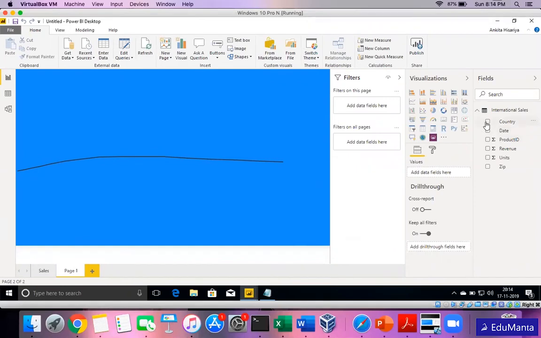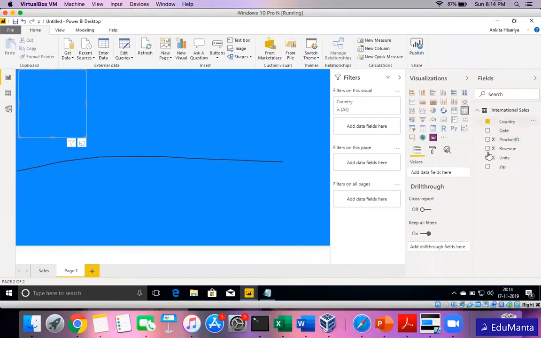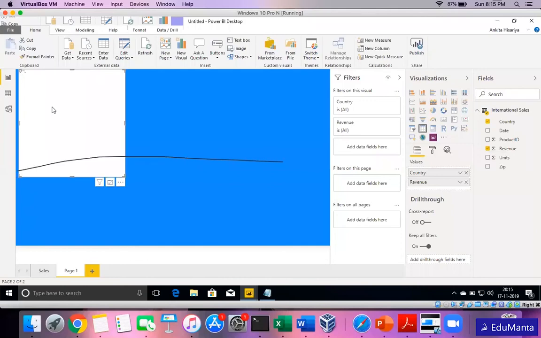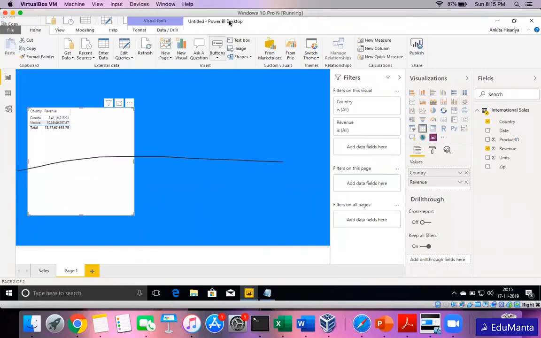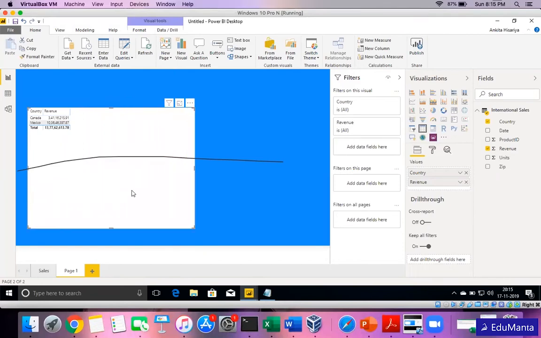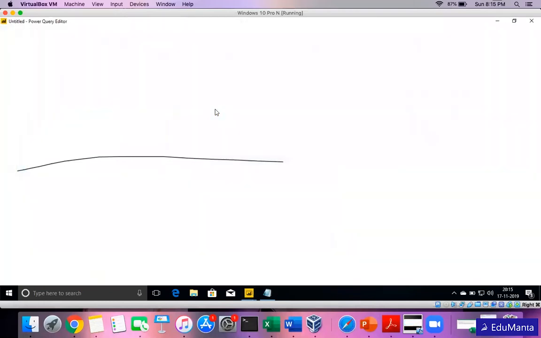So you see here, now if I select country and revenue, I have Canada and Mexico data together in the report because I have combined this. So this is one process of combining files, which is append queries. And this is if I have 1 or 2 files and I'm doing it manually.